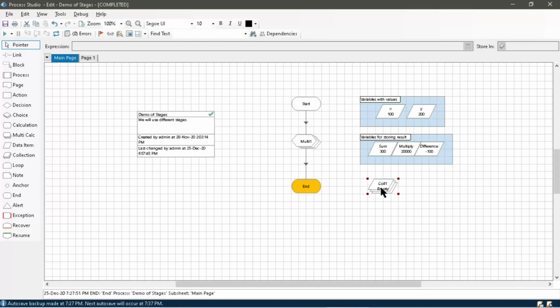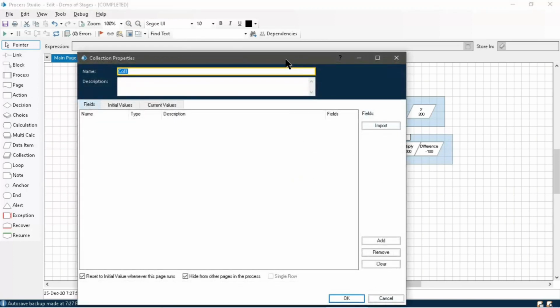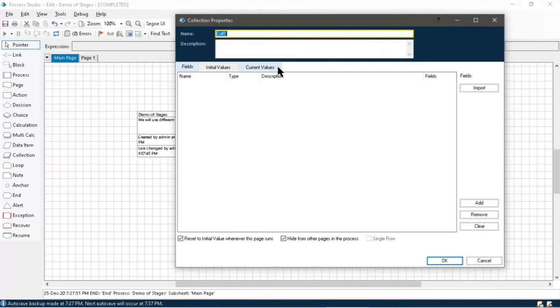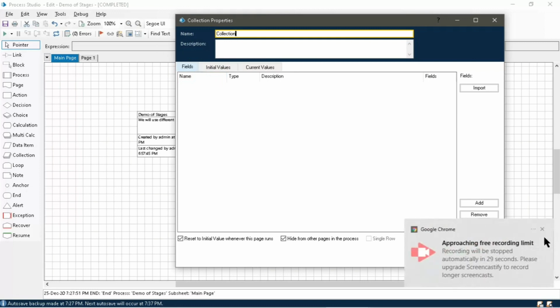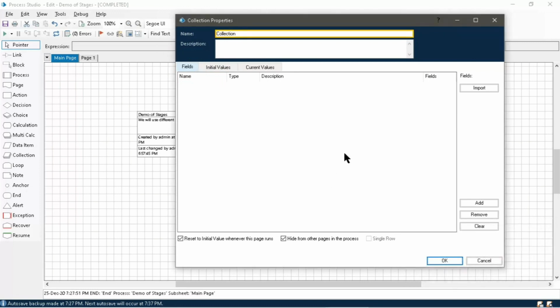A collection is a set of multiple data items, and their data types can be the same or different as per our requirement. Fields means the data items. Let me add a data item. This is similar to an array or a collection in a programming language.